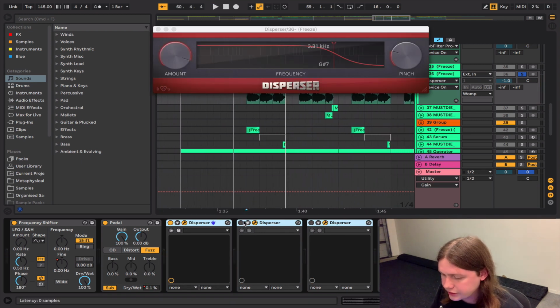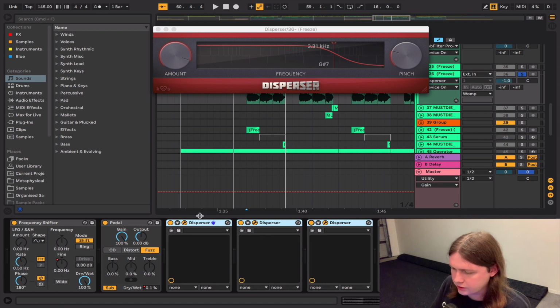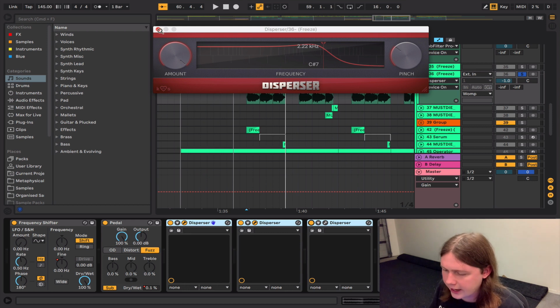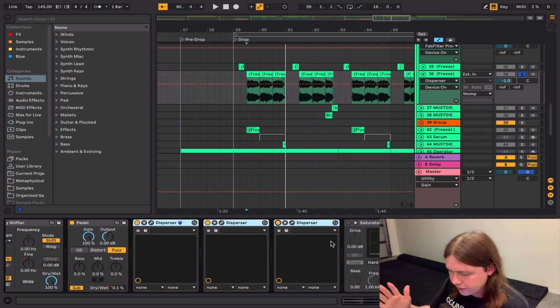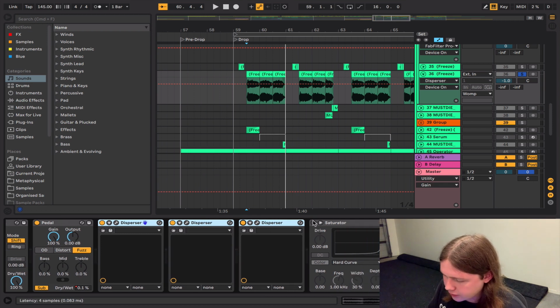They're all in different positions actually. Just makes it so that it's not all bunching up certain frequencies, because I found that disperser can sort of add a little bit of muddiness where there doesn't need to be. So if you spread them out a little bit, it makes it a bit less muddy or focused on one specific frequency range. We got the saturator,